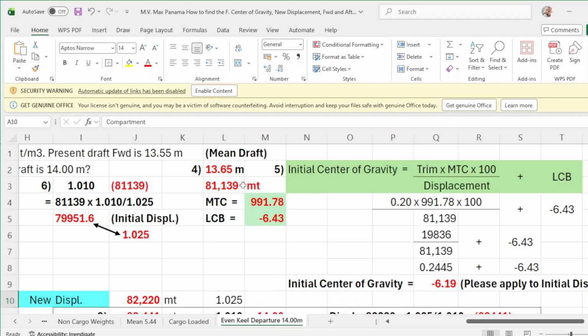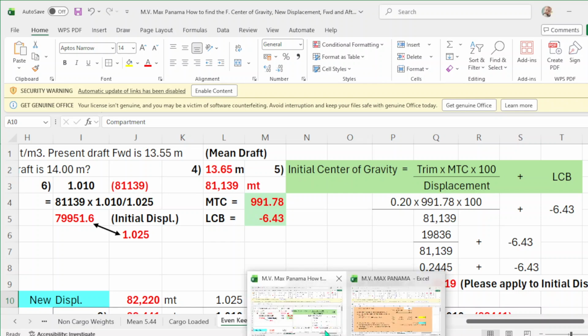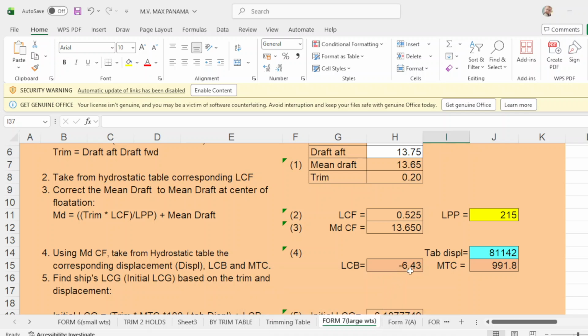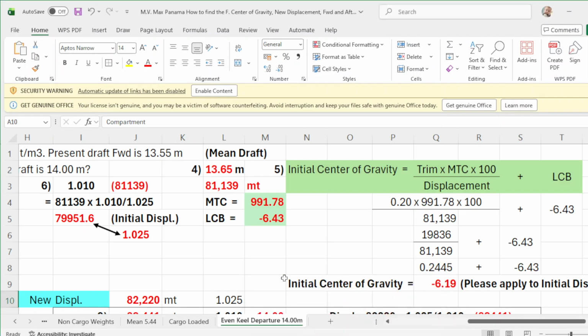For 2, that will be 3 metric tons difference, and the MTC will be 99178, or 8 to be rounded up. And LCB is negative 6.43. Okay?